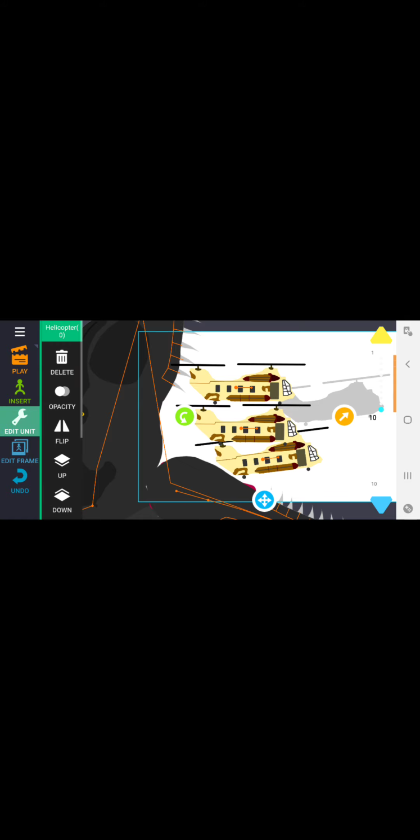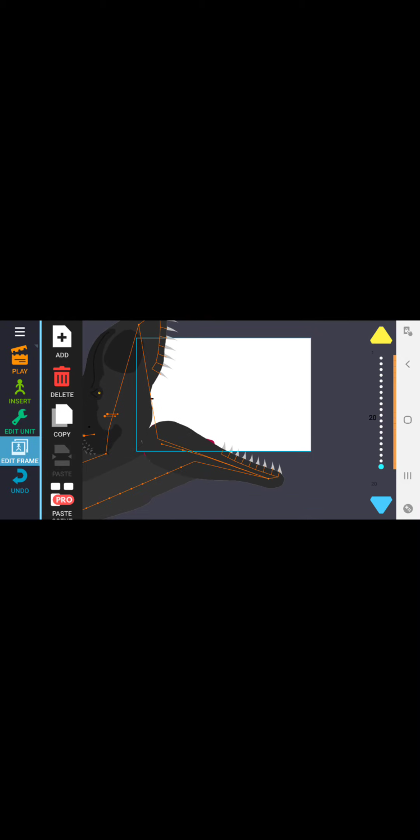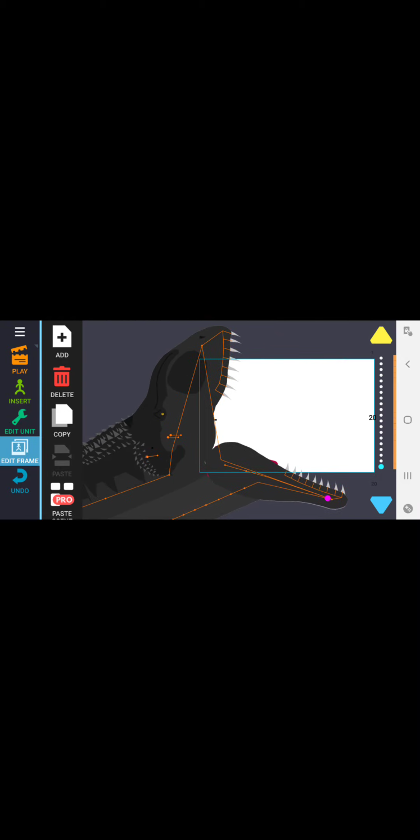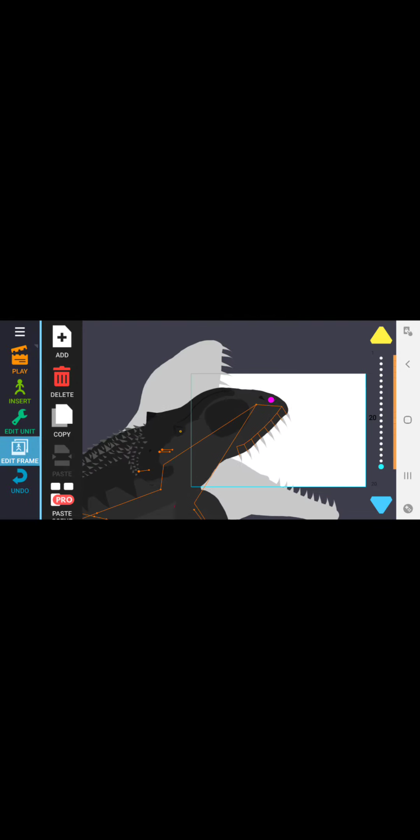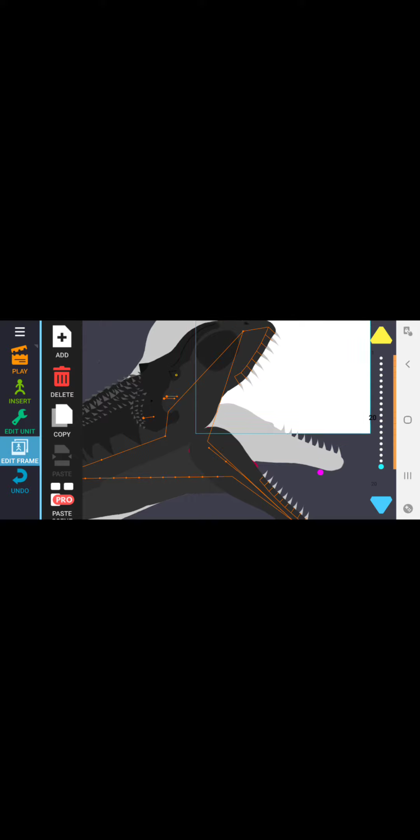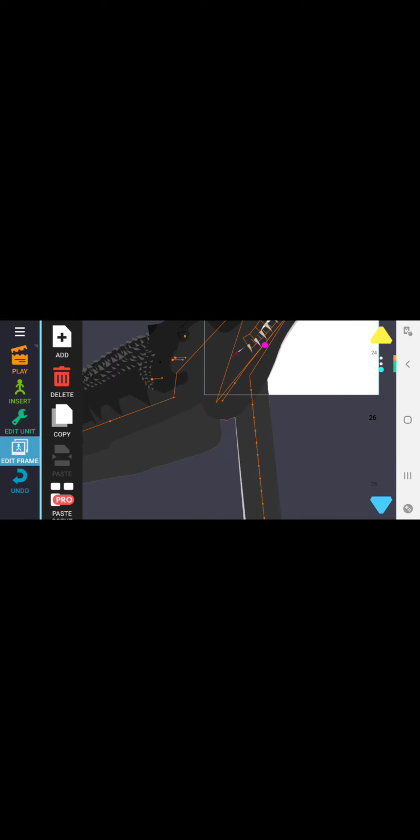None of these could fit inside his mouth, so then I decided to get them all down. And then this one down too. Edit frame, got all of them. Try to fit all of them inside his mouth. And then, shockingly, he actually had all of them inside his mouth. But a cargo plane is still sticking out of his mouth, so he just ate it. Because the Triceratops did not put up a fight.